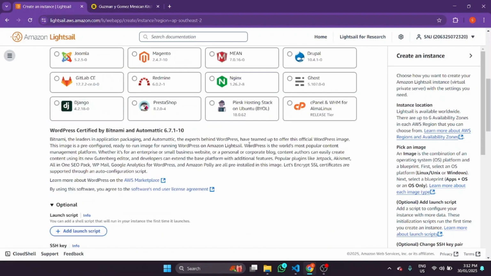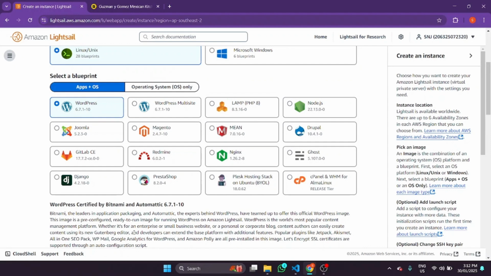We're gonna install WordPress. You could choose different other applications. You can also run Django. You can run PrestaShop. Django is a Python web server. It's a very complex Python web server. And there are other stuff like Node.js, PHP, and so for this, we're just going to see how we can